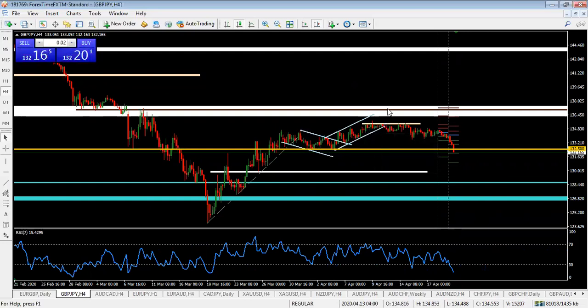Initially, we wanted to see price coming to test more of this structure around the 136,600, and that did not happen. So this is an area of structure which can actually serve as a support, but we can't really say for sure now. This is a structure which we want to see broken. Once the area is broken and we have price trading below here on the retest with a good confirmation around this point,